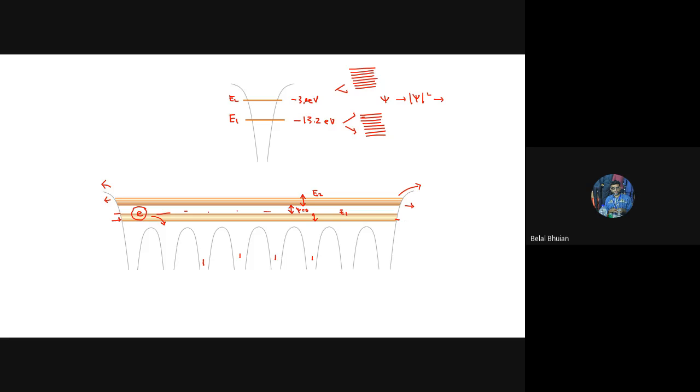Now I am asking to quantify. We said that each energy state is going to experience splitting of 0.01 electron volt. So if I take E1, which is minus 13.2 electron volt, with 5 going up and 5 going down, what could the next one be? Going down by 0.01, the next would be minus 13.21, then the next state minus 13.22, next minus 13.23, minus 13.24, and going upward,